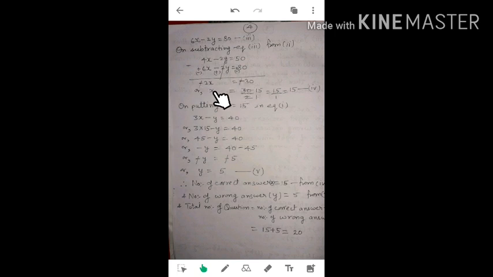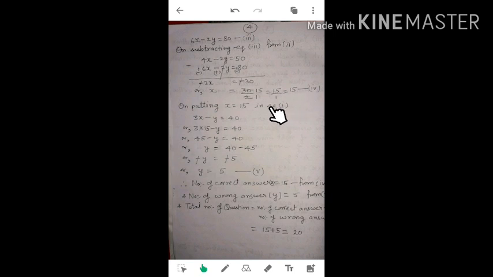Now we have to find the value of x, so we keep it alone. We'll take this 2 to the other side. This 2 is multiplied by x, so when we take it to the other side, it will divide 30. 2 1s are 2 and 2 15s are 30, or 30 by 2, simply it can be written as 15. So x is equal to 15. It means the number of right answers he has given is x, and its value is 15. Call this the fourth equation.